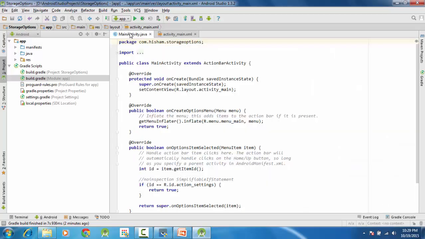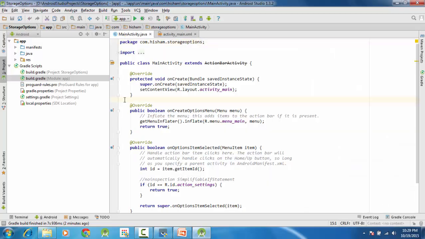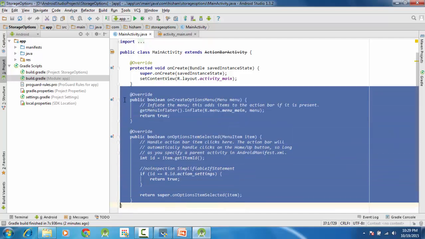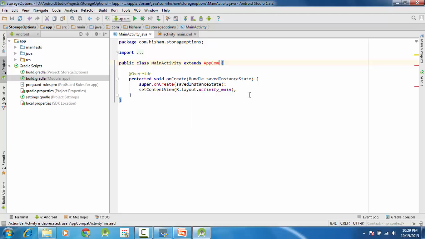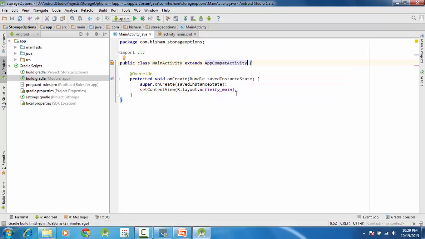And in our main activity, I don't need the options menu, I just need this code, and it should be AppCompatActivity because the last one was deprecated.